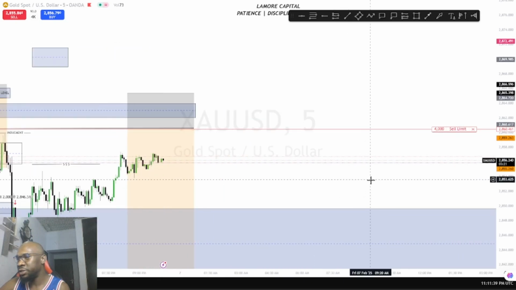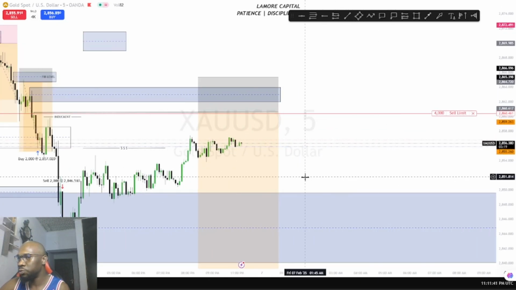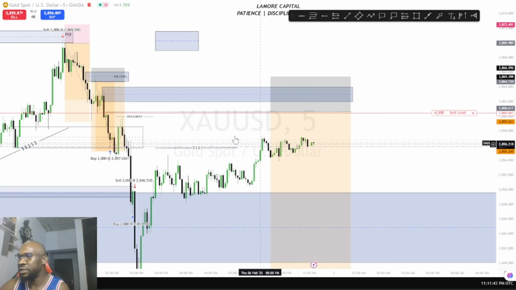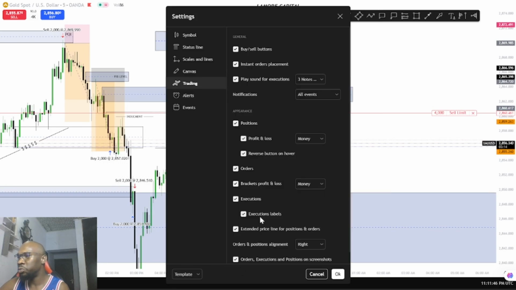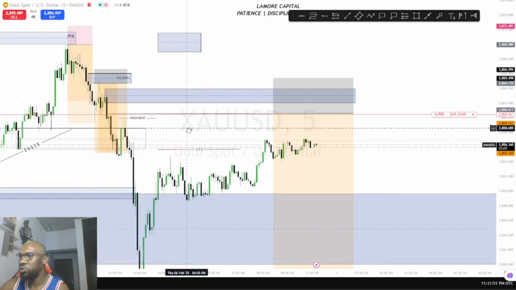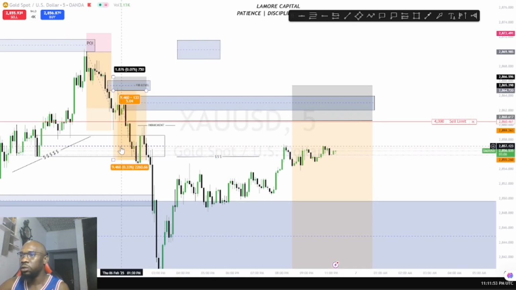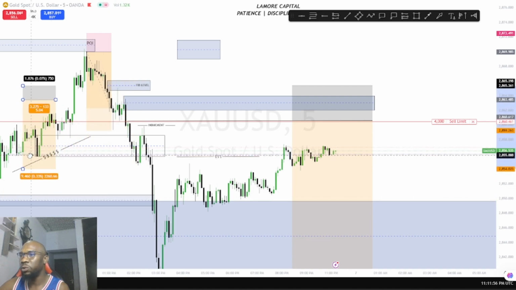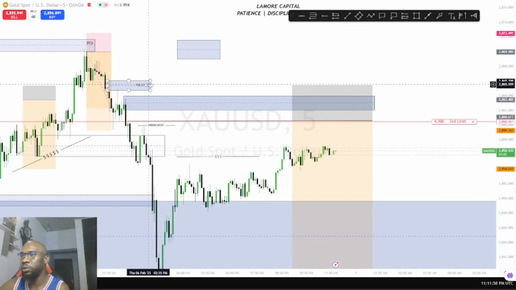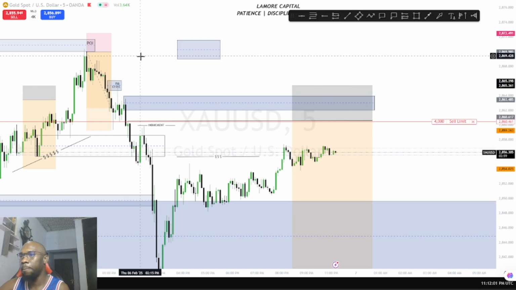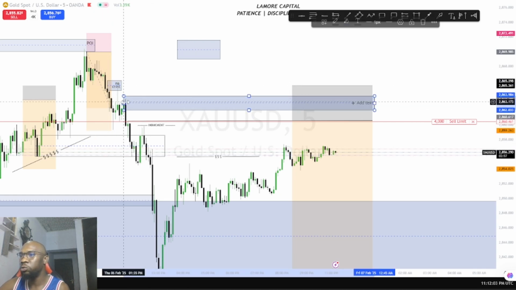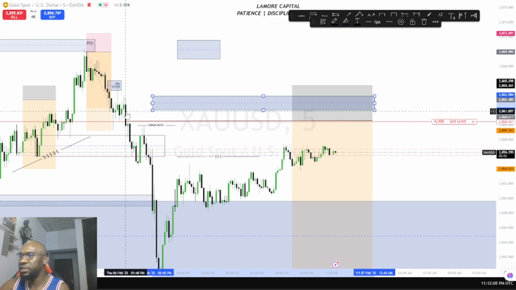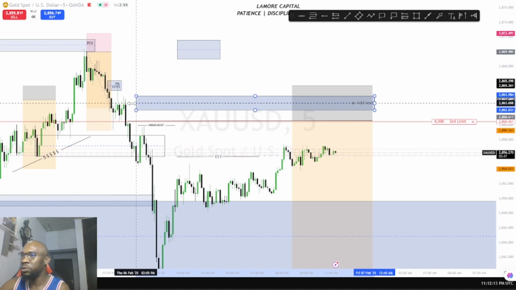And I am anticipating also a sell for tomorrow. Why am I anticipating a sell for tomorrow? I will drop my A plus. I will drop my explanation of how my setup is. Okay, so let me take this out so that we have a good picture of what I'm talking about. Okay, so I looked at the whole market. I saw this particular candle. This particular candle created this whole sell here.